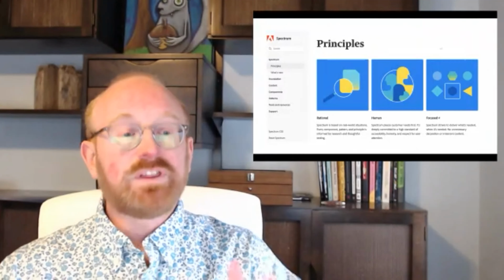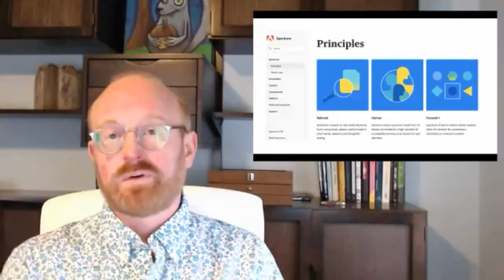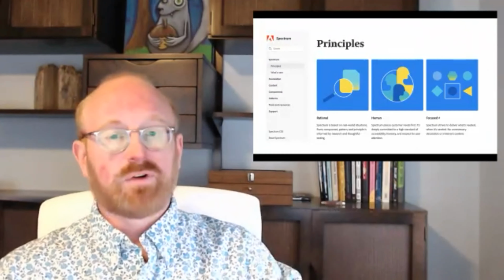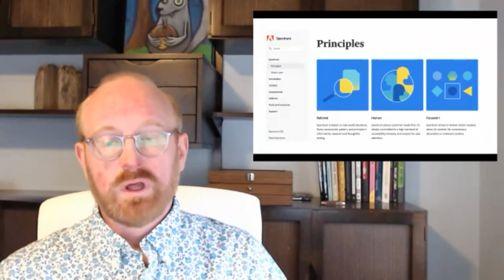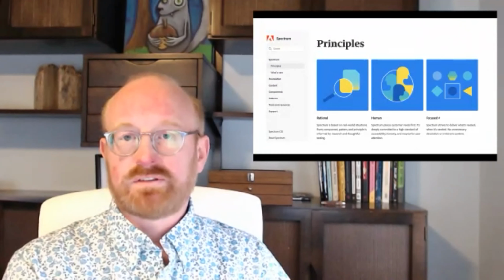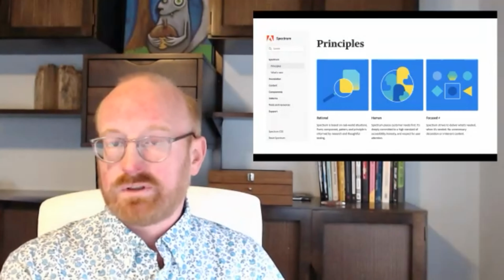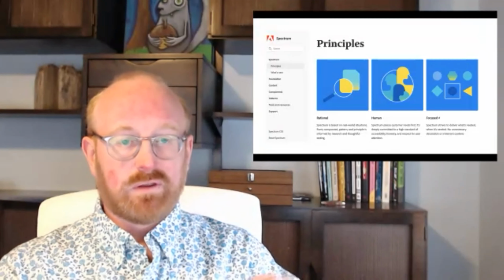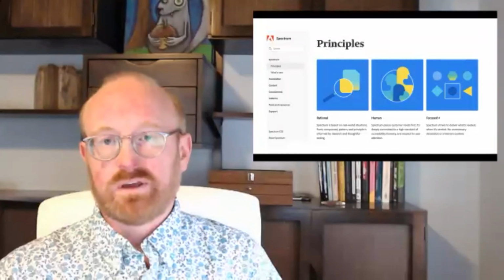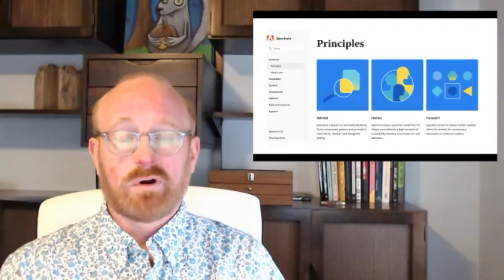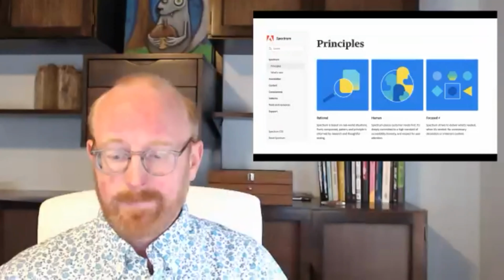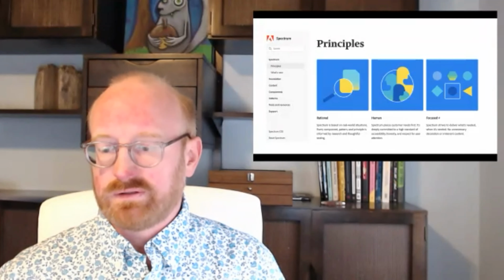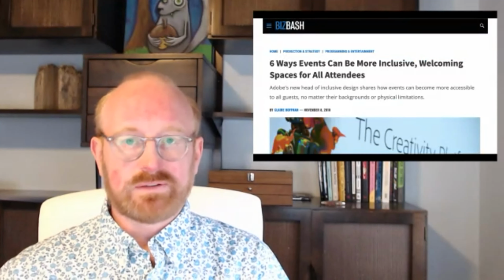But everything that's submitted from a product team to become a part of the core Spectrum language has a set of requirements of inclusivity to go through, not just for the technical accessibility of it, but the language that we use, and if there is a human representation to anything that we do, things like iconography, that we're also thinking about the inclusivity of things like that. And the last piece of this really is the idea of our events.